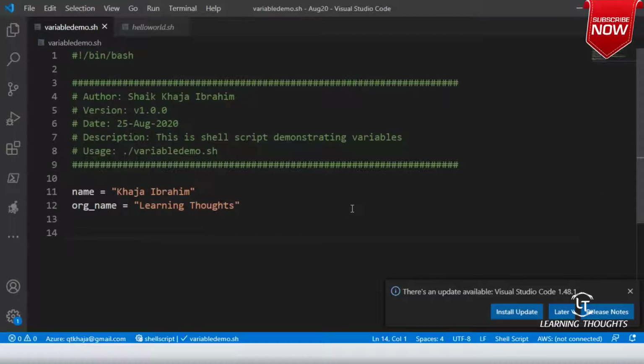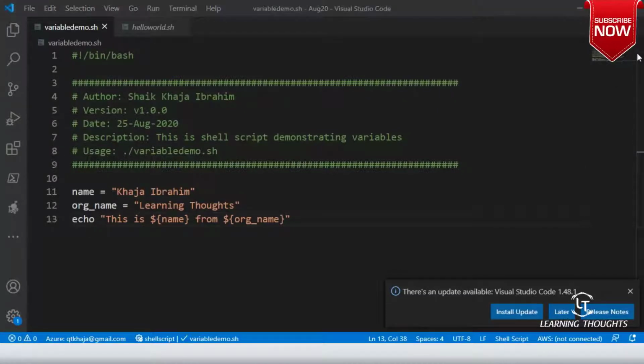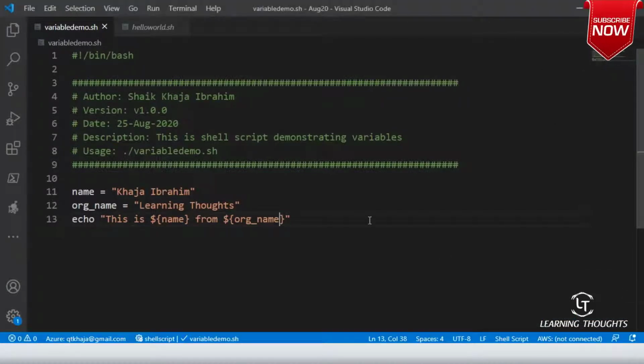Now I will try to print echo, this is $name from $arg_name. Is this a very difficult shell script? I am taking two variables and then I am trying to do this.